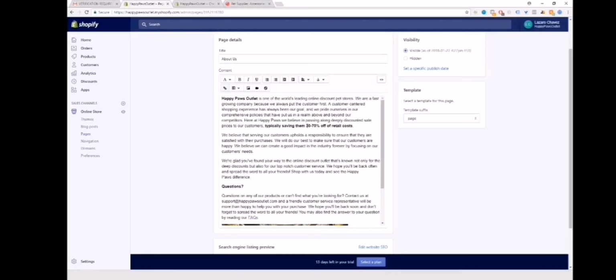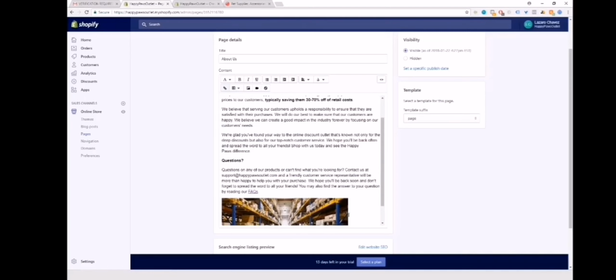We're trying to save prices, so that's why our prices are discounted. We believe that serving the customer upholds a responsibility to ensure that they are satisfied with their purchases. We will do our best to make sure that our customers are happy. We believe we can create a good impact in the industry forever by focusing on our customers' needs. So pretty much we're just giving them a bunch of good stuff here so that they can feel at ease when they're making purchases from us. If you have questions on any of our products or can't find what you're looking for, contact us at support at happypawsoutlet.com, and a friendly customer service representative will be more than happy to help you